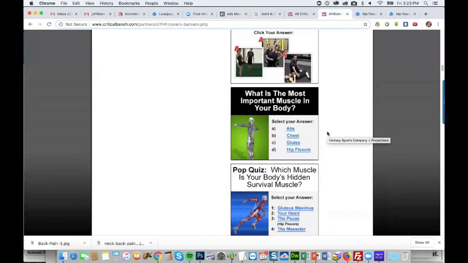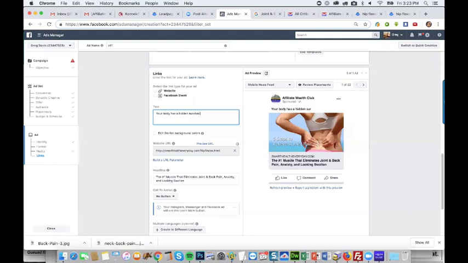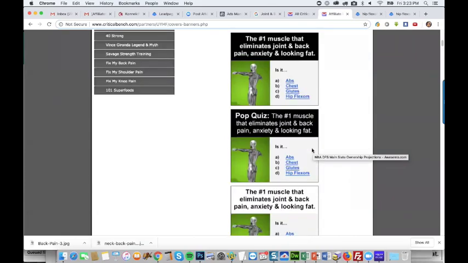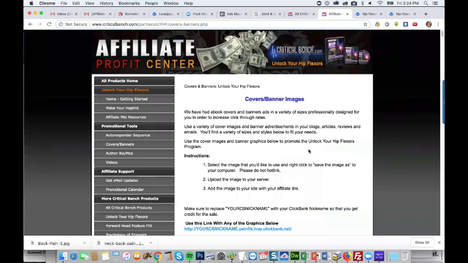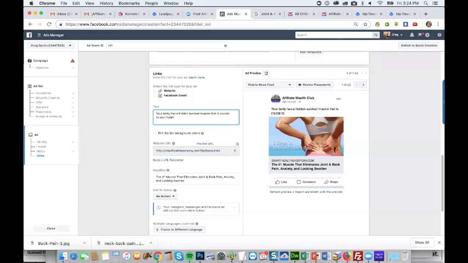Your body has a hidden survival muscle that is crucial to your health, but nobody talks about it.